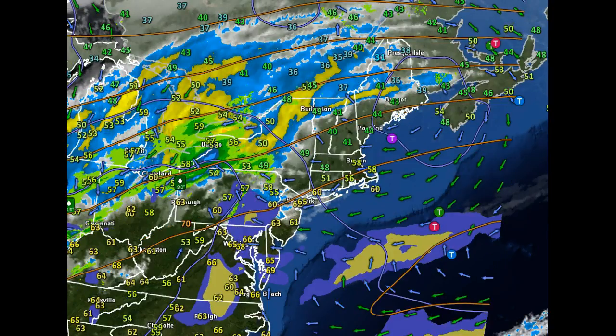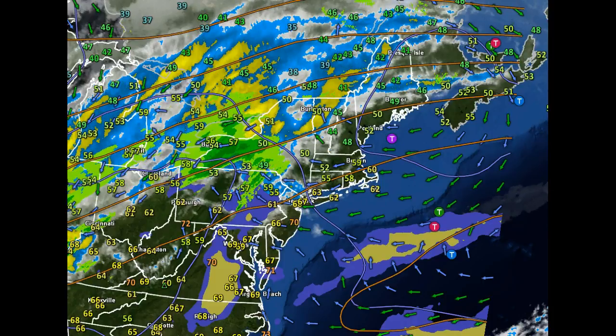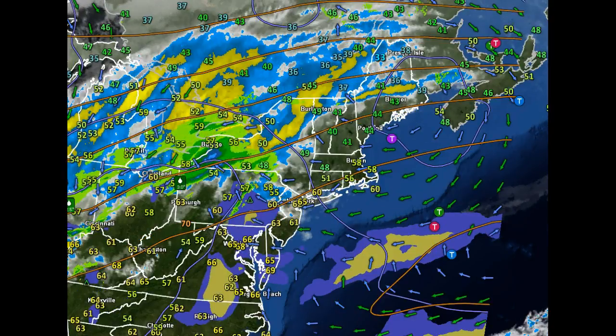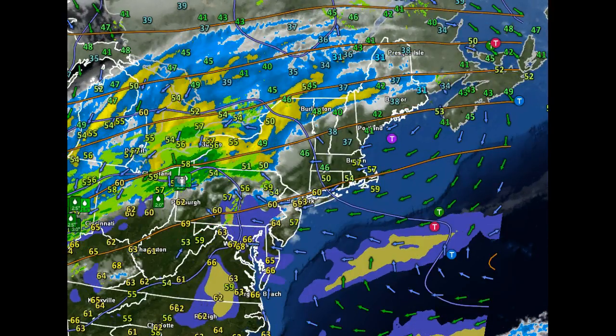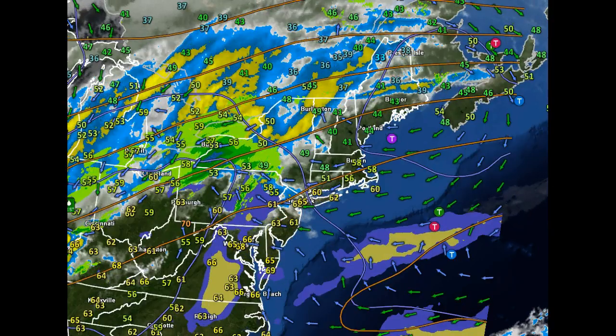Well, we have a storm system that'll be evolving over this period, really starting today and then continuing through this weekend. This storm system will be tapping into some subtropical moisture and even potentially leftovers of a tropical storm that will be pulled into the system from the southeast off the Atlantic. This could produce locally heavy rainfall and eventually some wet snow across our higher terrain, less likely though on the